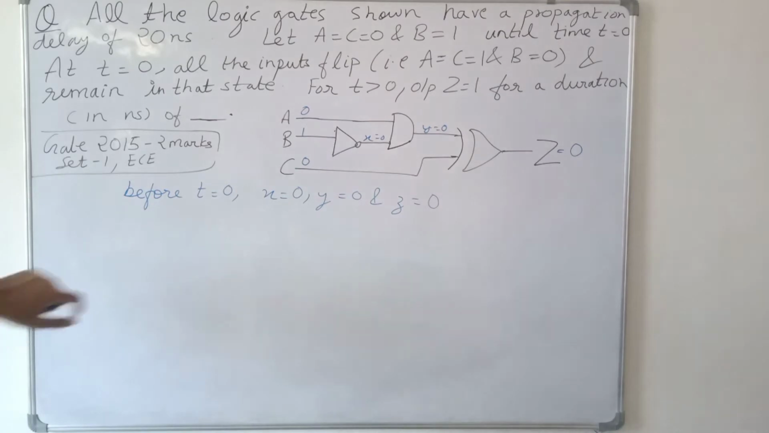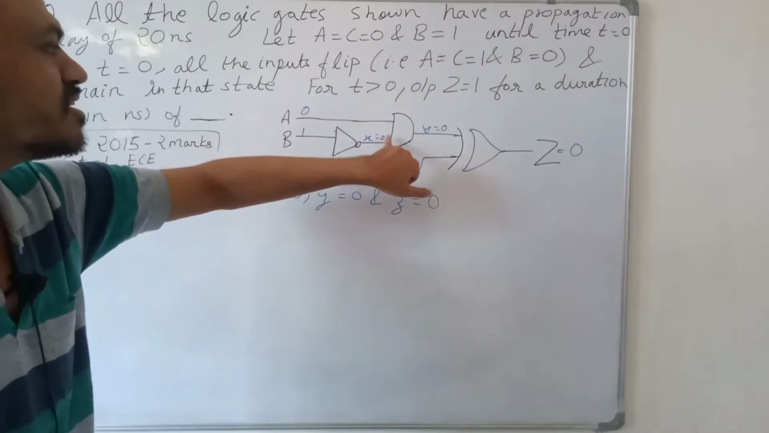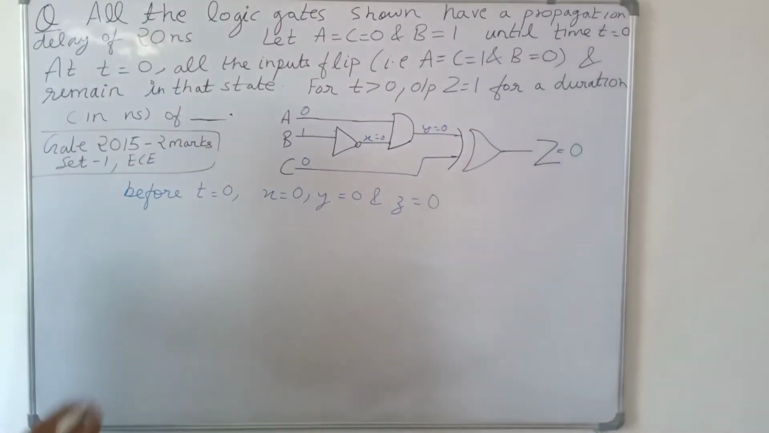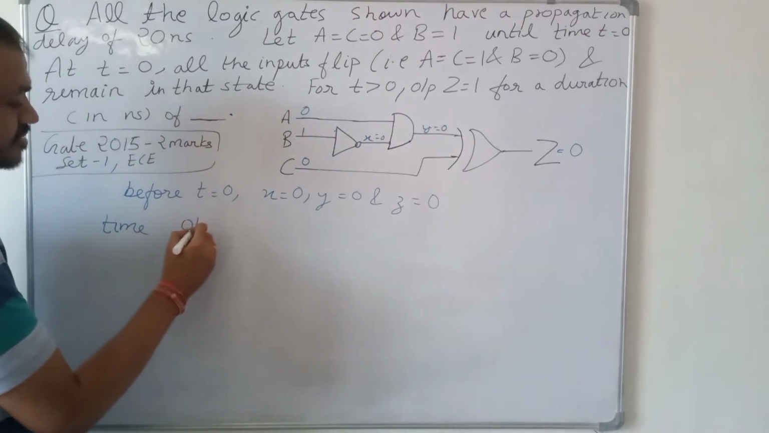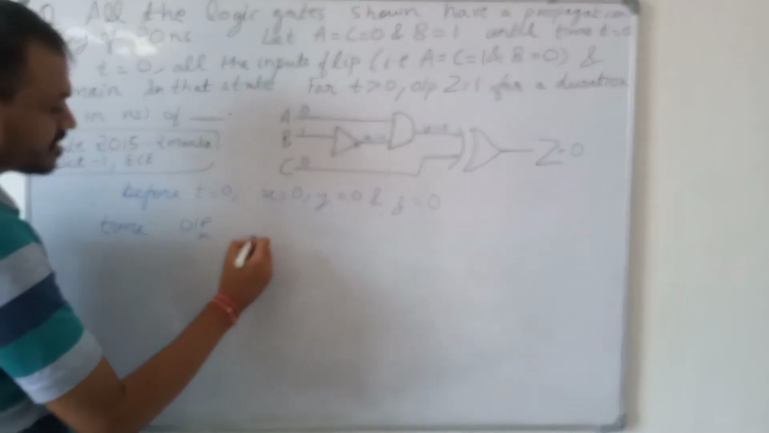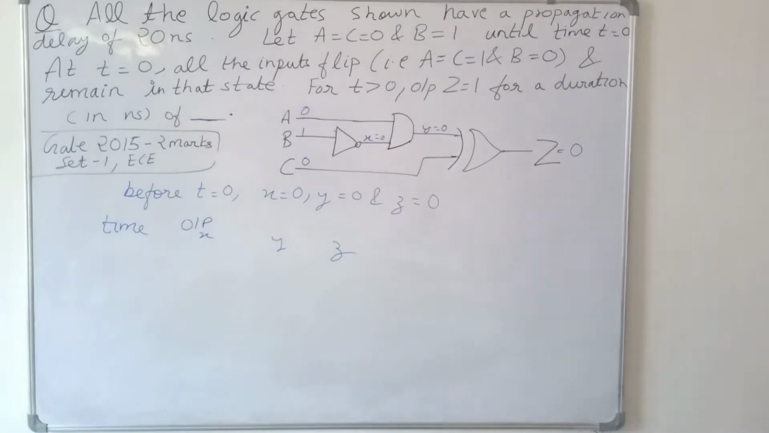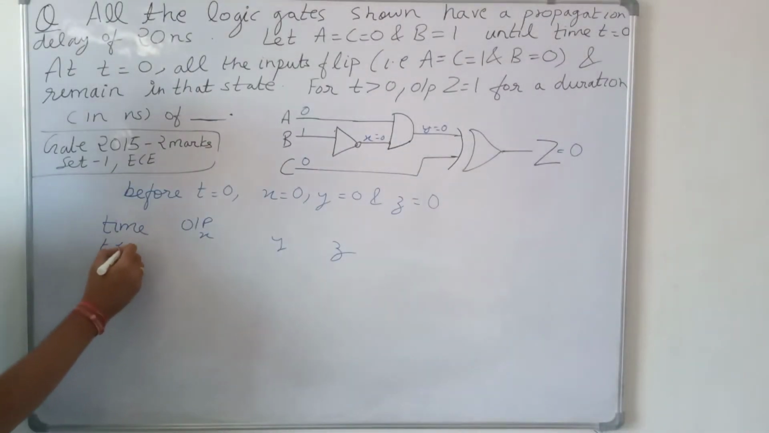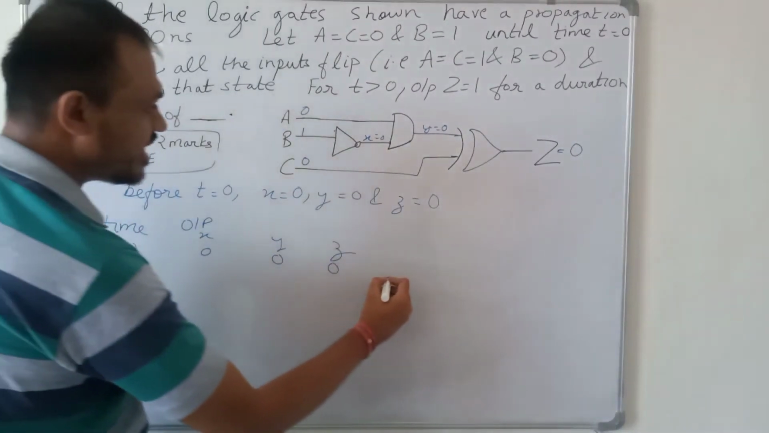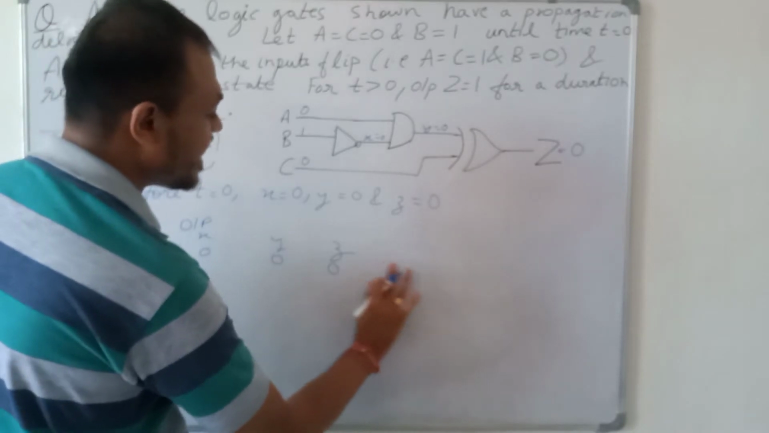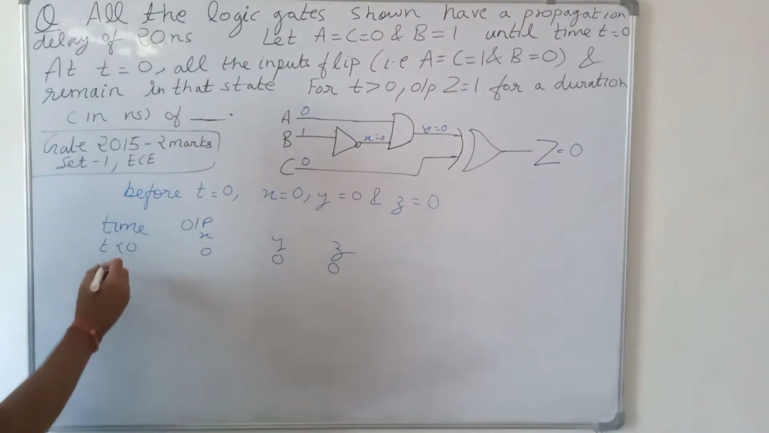So before time t equal to 0, the output was stable. For A equal to 0, B equal to 1 and C equal to 0, X was 0, Y was 0 and Z was 0. We can draw the table as well. This is the time, and these are the outputs X, Y and Z. So for t less than 0, the outputs X, Y and Z are 0, 0 and 0, and A was 0, B was 1 and C was 0. Now at time t equal to 0,